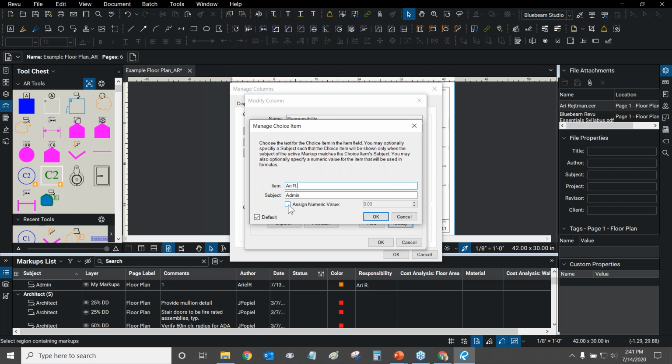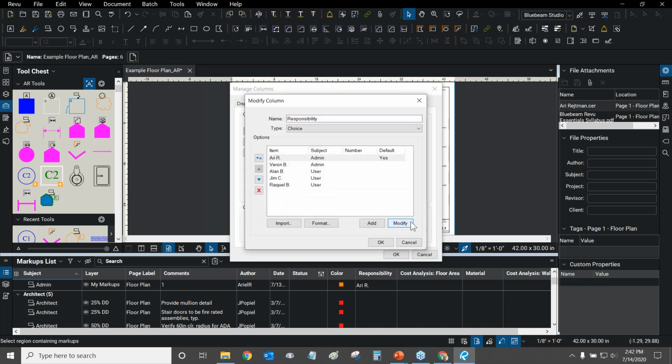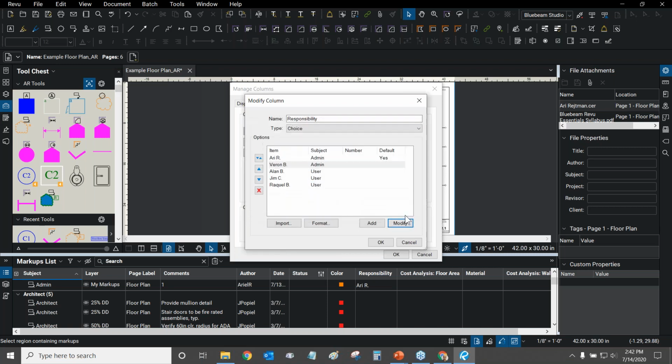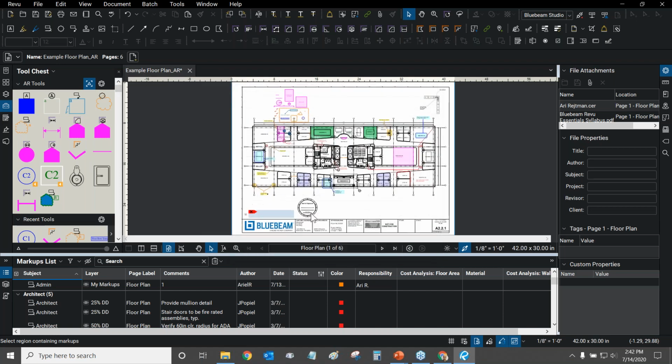And then if I wanted to, I can assign numeric values to my name. I don't want to do that because my name is just my name. And my name is going to be the default one. So when I make new markups, they'll automatically have my item name and the same subject associated with them. So that's the default one. Baron, my colleague, is also using the same subject, but he's not the default and he has a different item name. So let's keep that in mind, and let's keep in mind the 3 people that I have here that are users. So we're going to go back out.